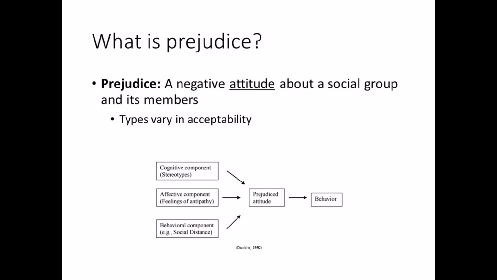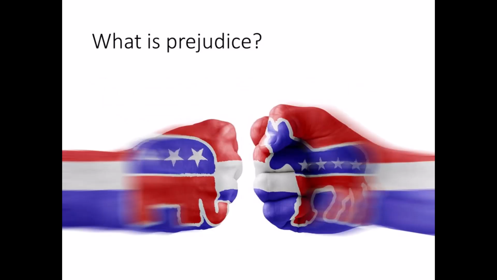Some types of prejudice are more acceptable than others, something that varies from culture to culture. In the U.S., prejudice that is based on personal qualities, like race and physical ability, is low in acceptability. But prejudice between professional sports teams is more tolerated. And one of the most acceptable forms of prejudice in the U.S. is played out on televisions and social media every day. The negative feelings between the two major political parties, the Democrats and the Republicans.